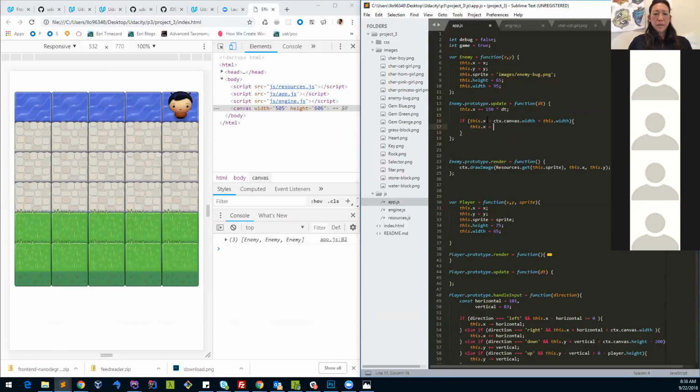Okay. So what I'm saying here is, if the X position of the enemy is greater than the canvas width plus the width of the bug, we're going to want to reset the bug off the canvas again on the left side. Okay, so we're going to need to give it a negative number. Okay, so let's do,